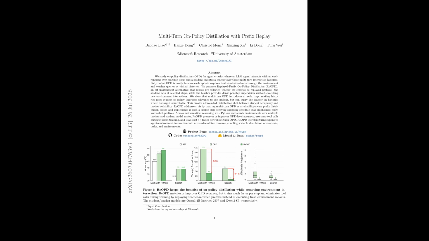supervision reliable. Third, why does a simple step decay schedule work so well when the theory suggests you'd want a more nuanced per-history reliability estimate? The authors' empirical plot in Figure 4 is really the answer here. When they actually measure the exact reliability ratio prefix by prefix, it clusters tightly by step index. Depth explains most of the variation because each step of teacher prefix compounds another factor of the student-teacher divergence. So, a schedule based purely on position captures the dominant signal, and adding more complexity would mostly add variance without capturing much additional structure. It's a case where a coarse proxy happens to align well with the underlying quantity you'd